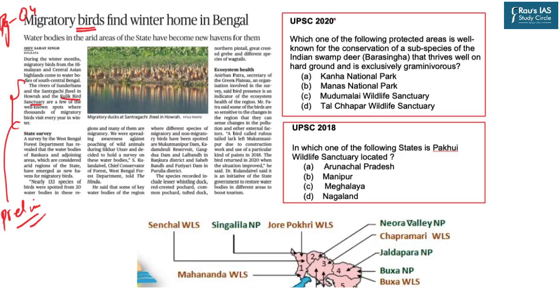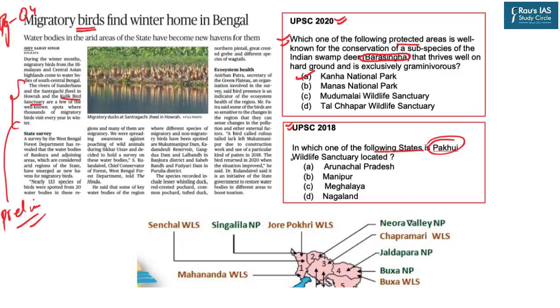For example, in UPSC 2020, the question was asked in which you had to link the species and the national park. The question said that which one of the following protected areas is well known for the conservation of a subspecies of the Indian swamp deer, that is also known as Barasingha, that thrives well on the hard ground and is exclusively graminivorous. Similarly, in UPSC 2018, the question was asked that in which of the following states is the